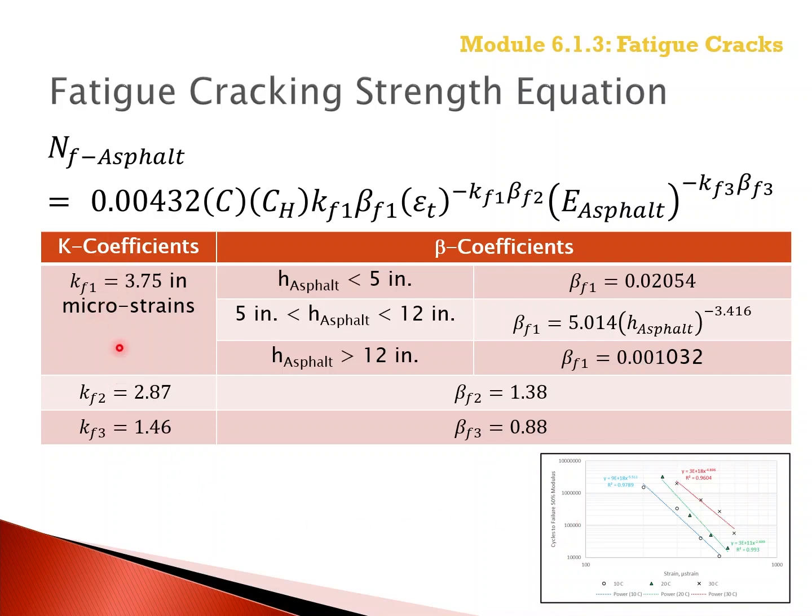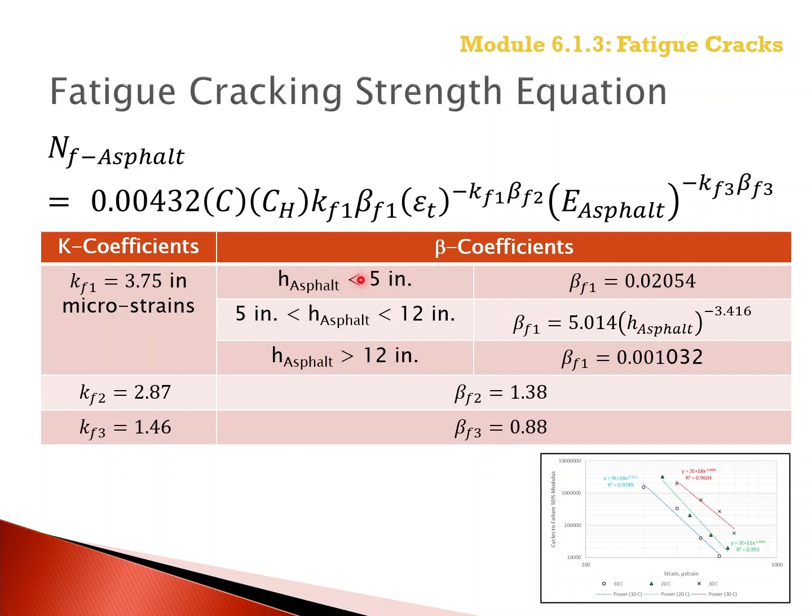So the K coefficients and beta coefficients, the beta coefficients are the global calibration parameters from the laboratory fatigue test. The K coefficients, KF1, measured in microstrains, KF2, and then KF3. And then the beta coefficients for